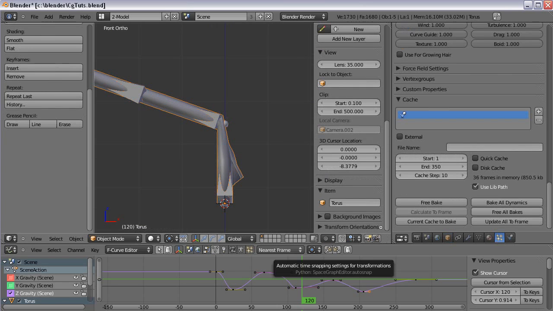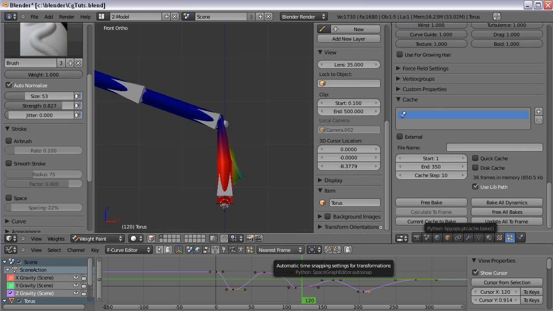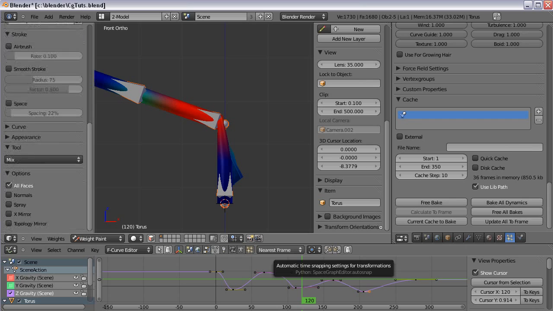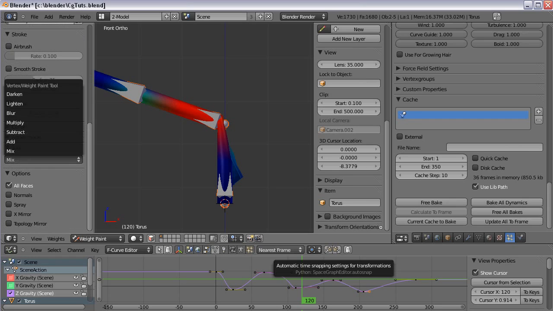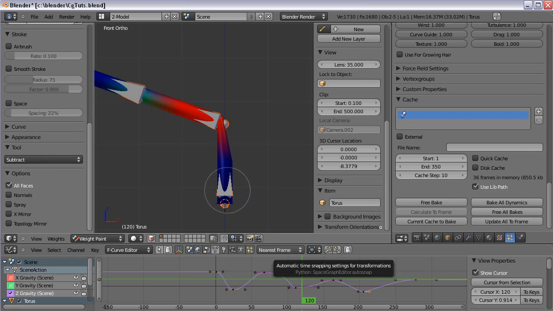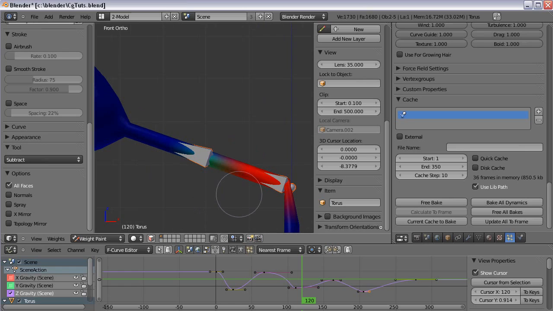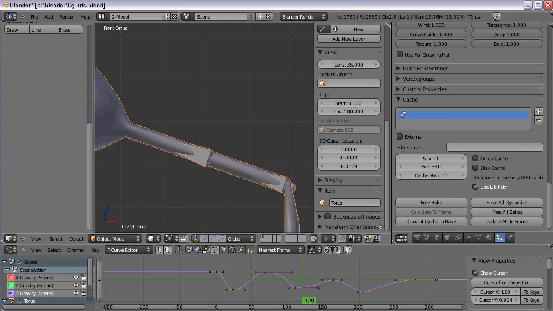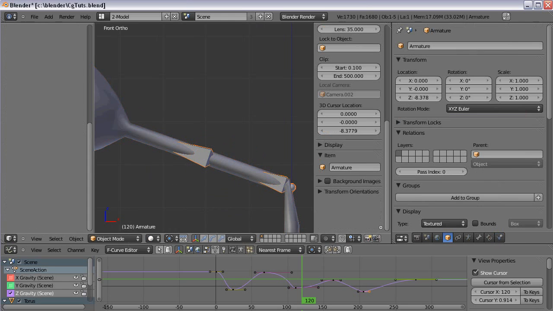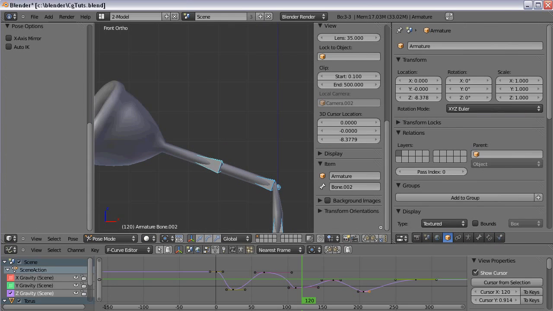Select the animal, Alt Tab into weight paint, and go to the tool over here and say subtract. We don't want this bone to affect the lower vertices, and this bone is supposed to affect all of them. And I guess this should do for a simple rig like this one. Alt R,